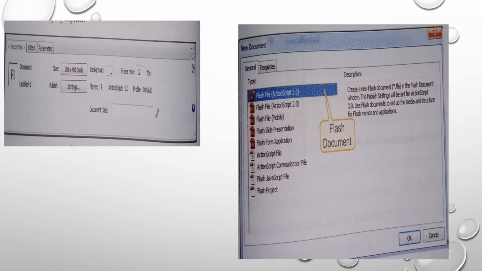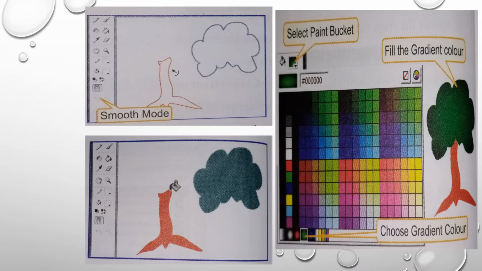To set the background color of the document, choose any color for the stage from the Background Color swatch. To set the stage size to the maximum available print area, click the radio button Printer in the Match section. Select the unit from the drop-down list of the Ruler Units. Click on OK after specifying the required options.